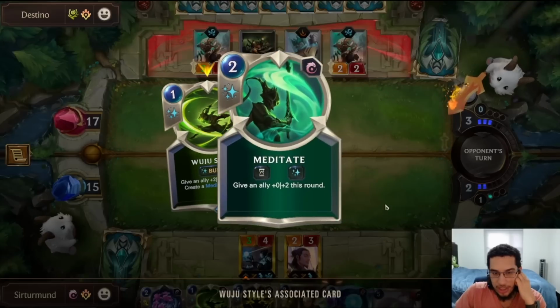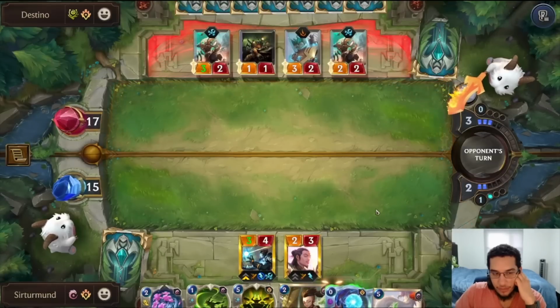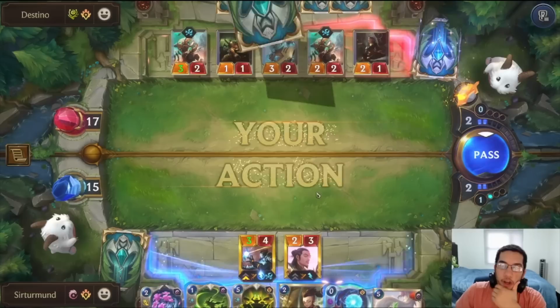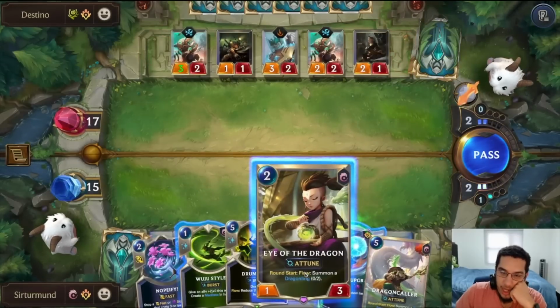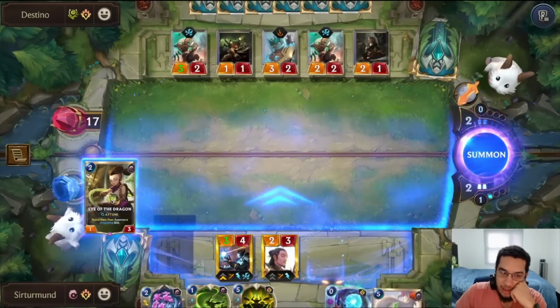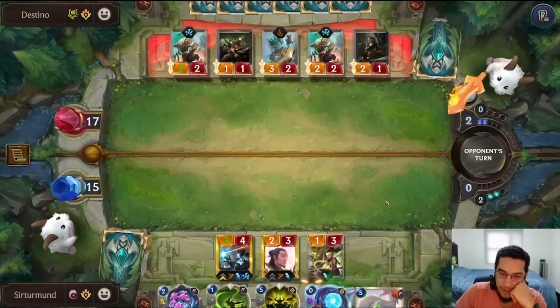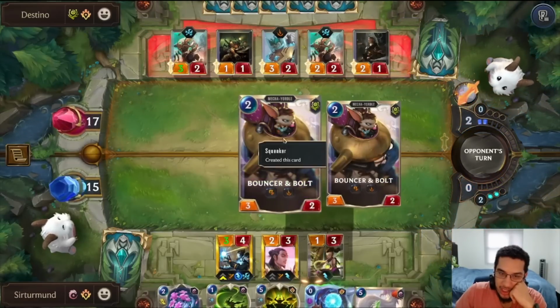We have the Wuju style to give us Meditate. Anything else? Okay, here's the thought. What if we don't care about Master Yi? What if we go Eye of the Dragon so that we can block those guys? We just play the Wuju style for...